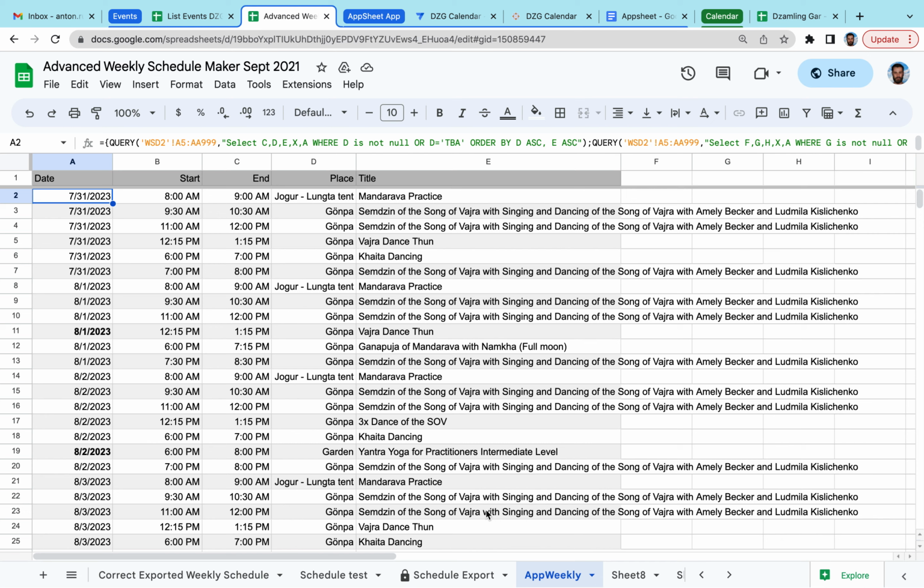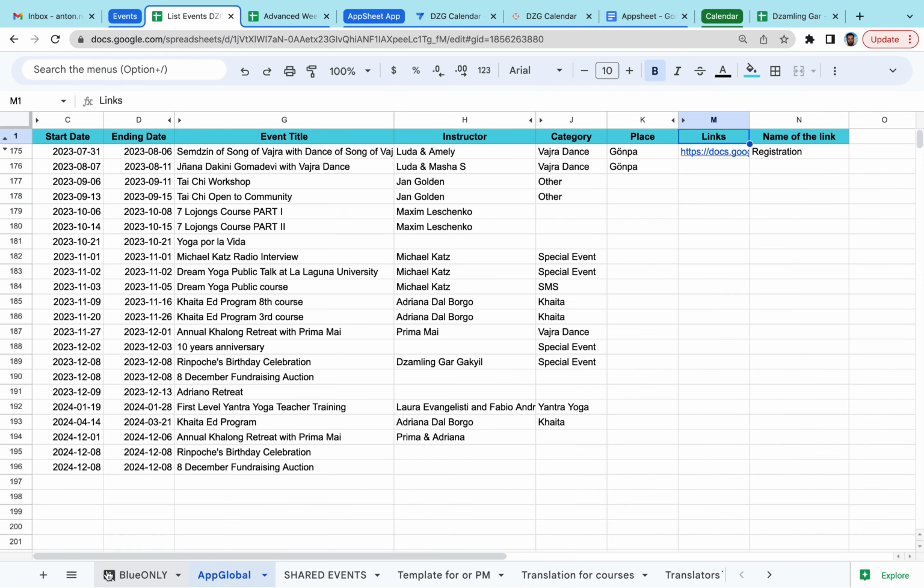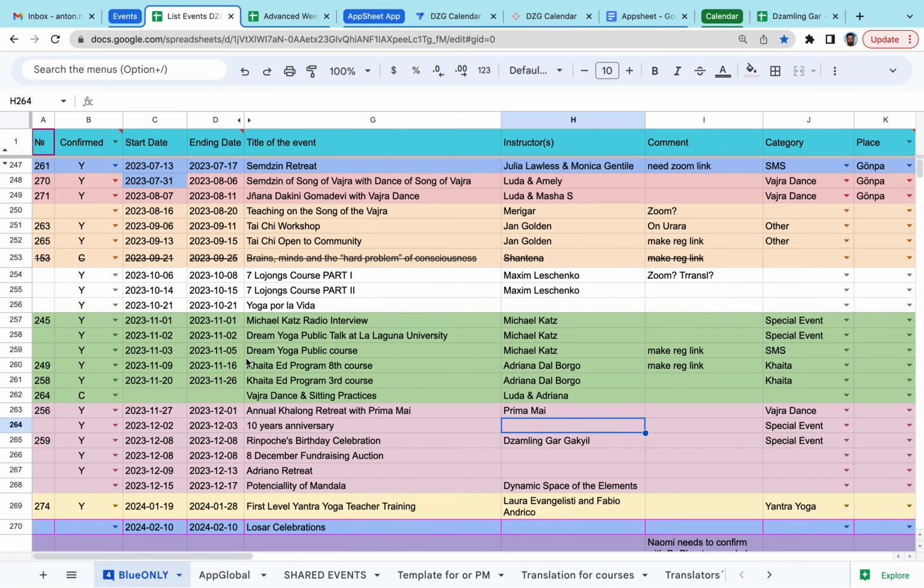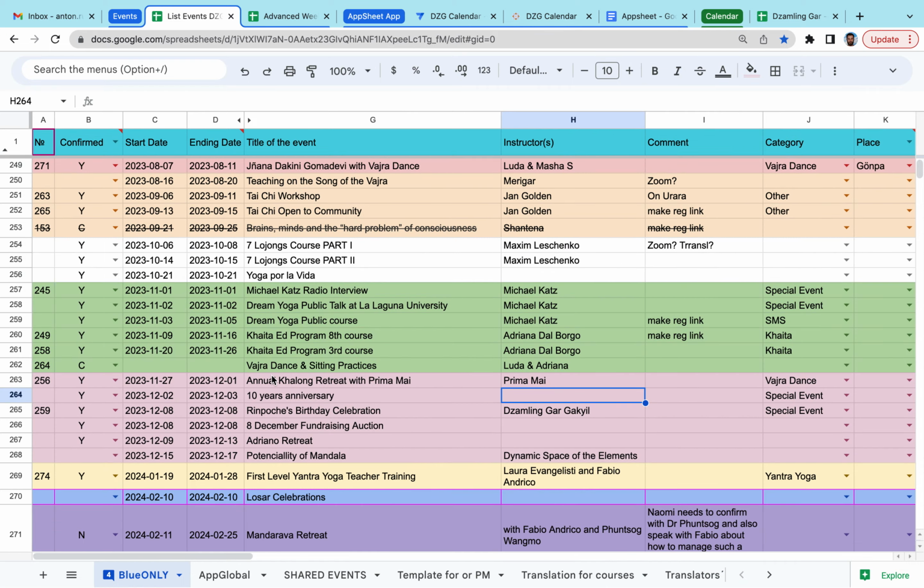It will save us time, and for people it's easy to get the information they need, and it's always up to date, because if we change something in our main file, it's instantly reflected in the application.